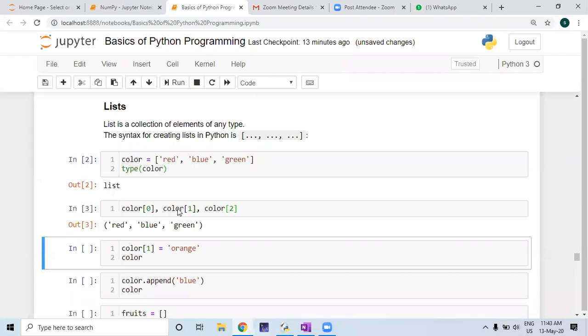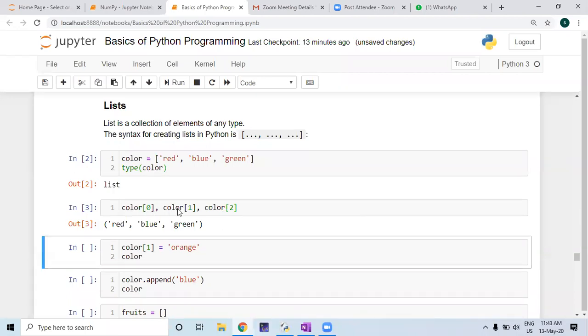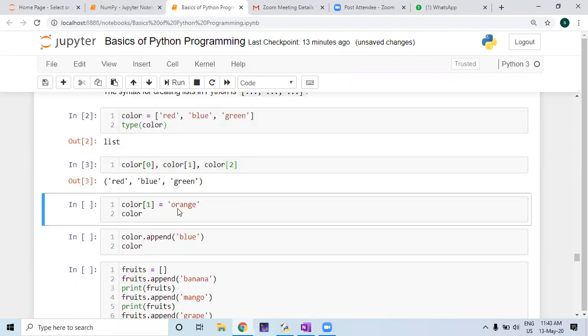Now there is a way. Suppose you want the second element of the list to not be blue, but orange. So what you will do is write color, second index means 1, equals orange, and then you see whether the change has taken place or not. So run it and see.